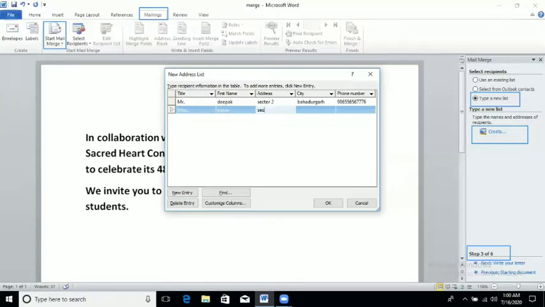I am filling randomly. You can see here I am just entering the data. I am giving dummy data, any phone number and whatever. I am entering some person's name here.